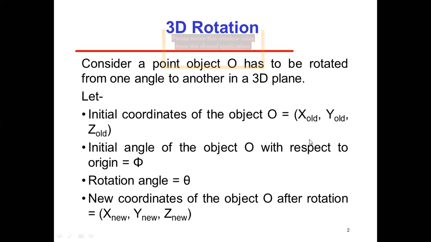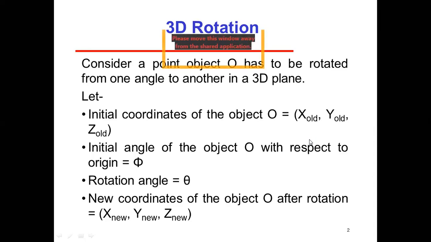So this is based on our choice. Either we can use the nomenclature as x old, comma y old, comma z old, and x new, comma y new, comma z new, or we can also choose simply x, comma y, comma z for the initial coordinates, and x dash, comma y dash, comma z dash for the new coordinates or the final coordinates, if we are applying only a single transformation. So this is the criteria. We can choose either in this way or in this way.